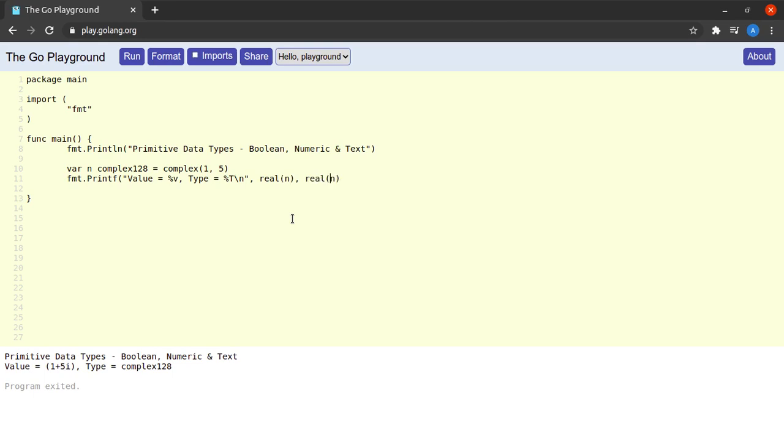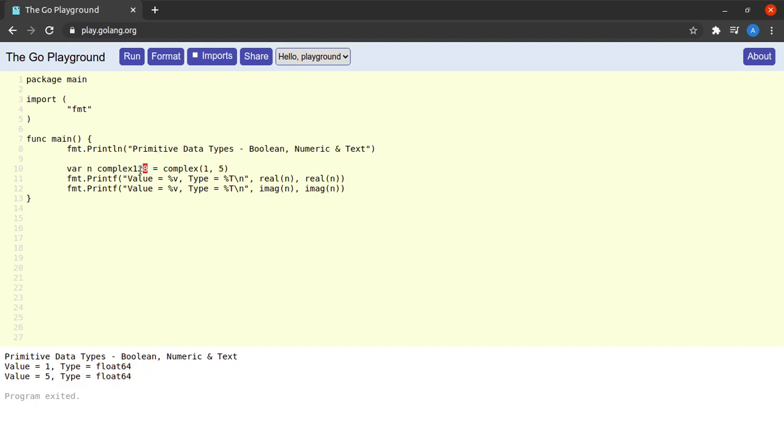Now, suppose I want to access the real part of this complex number here. So I say real of n, and then in the next line, I want to access the imaginary part of this complex number. So I say imag of n. I go ahead and run this piece of code, and we see that for the complex number n, the real part has a value of 1 and is of type float64, and the imaginary part has a value of 5 and is of type float64.